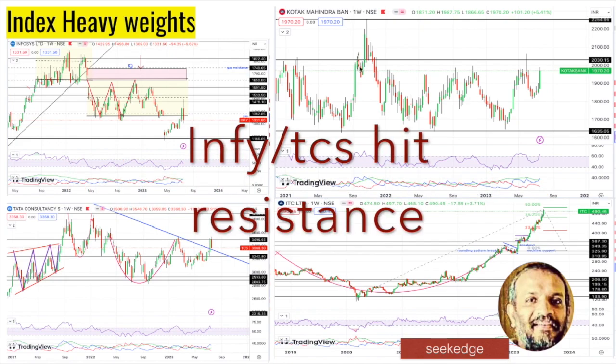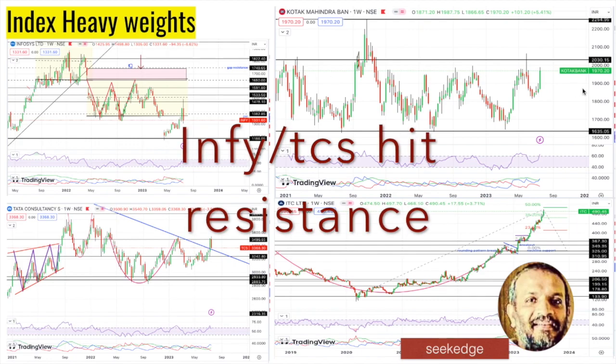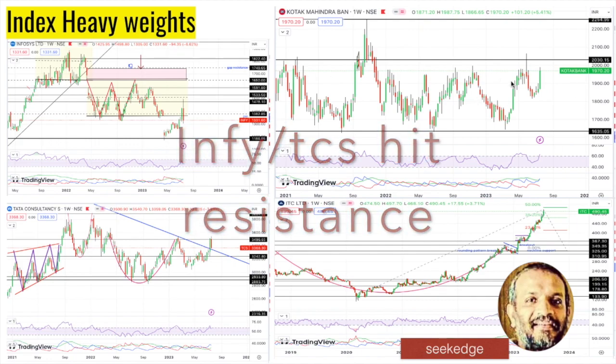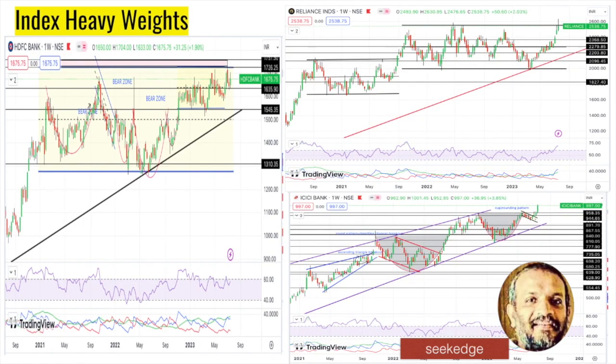Kotak Bank, as usual, is a contrarian trade stock and it has been consolidating. It's moving zigzag up and down. Last week was very good. It has climbed back into the bullish zone with a wide range bullish candle. When the banks move nearly 3%, all the banks move along with that. That's what happened. So Kotak is in the bull zone, ICICI Bank is in the bull zone, Reliance is good,